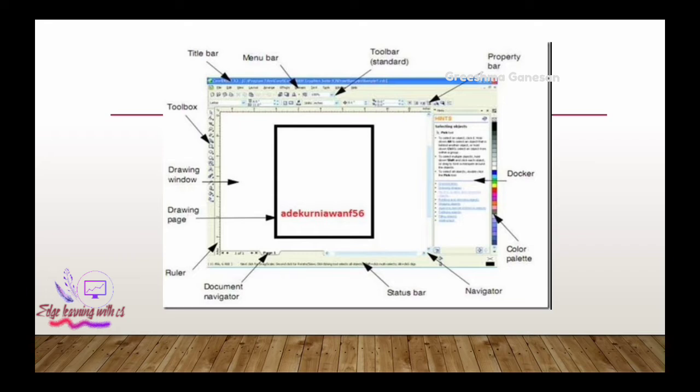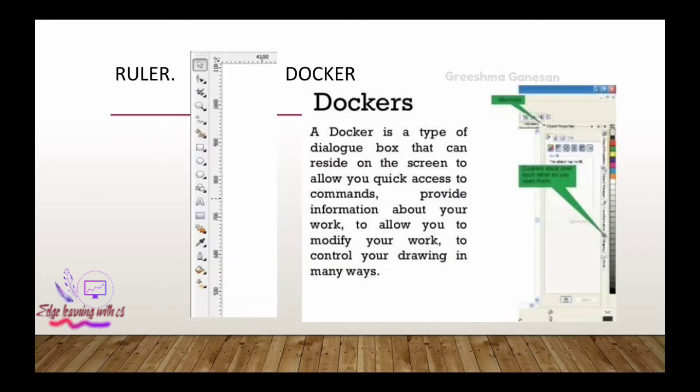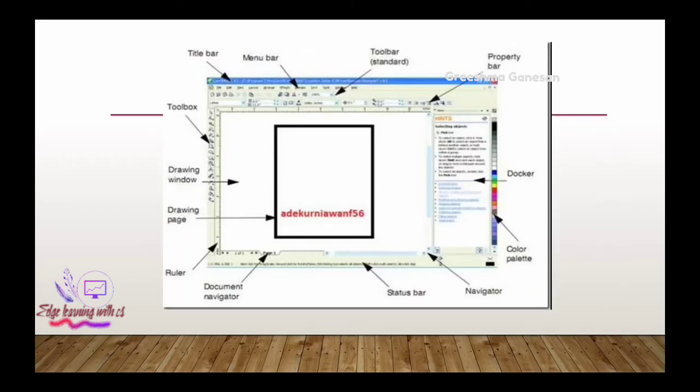And also you can see a portion like a ruler. You know what a scale is? It consists of some values, some lines and all. So like that, the ruler is a kind of scaling system. You can see the ruler on this screen. You can see values like 500, 600, 700, 800, 900. All these values are there. So this is actually known as a scaling ruler.